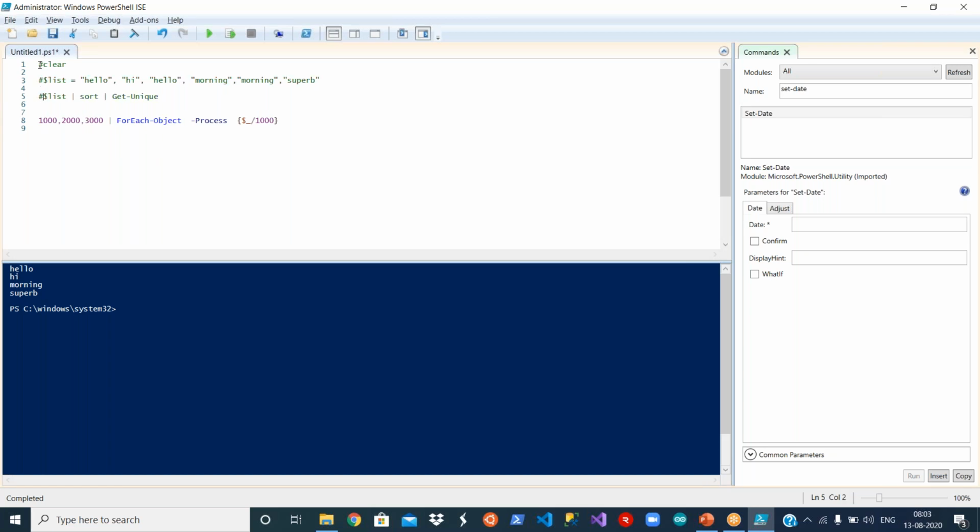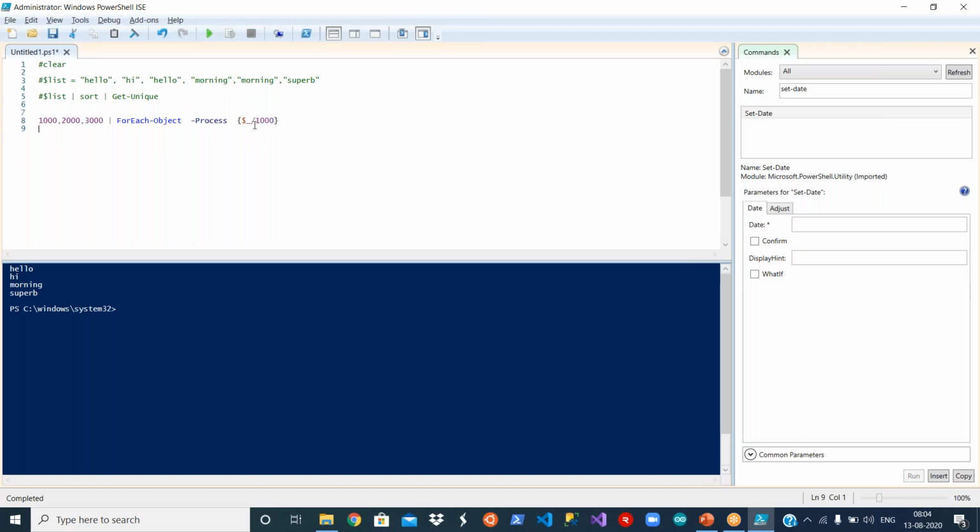I'm not directly writing a script, because that's not the way to learn any scripting. So, step by step. Now, what will this thing do? I have a list of values here, and I want to process this list of values. To process this, I need to look through this data, right? For that reason I'm using ForEach-Object. What do you want to do? You want to divide each value by 1000.